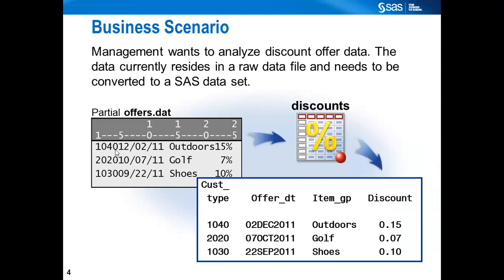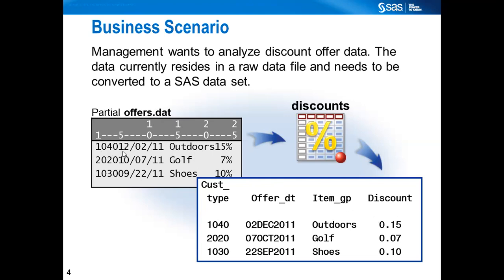Now understand here. If you observe this, this is a raw file which is of .dat type. Okay, so the data set is offers.dat. So that means it's just a flat file where we have just the values. So from these values, we have to create a structured data with column names and properly the names read. All right, so this data is offers.dat. So from reading from this raw file, from this unstructured data file, we have to create a structured data set.